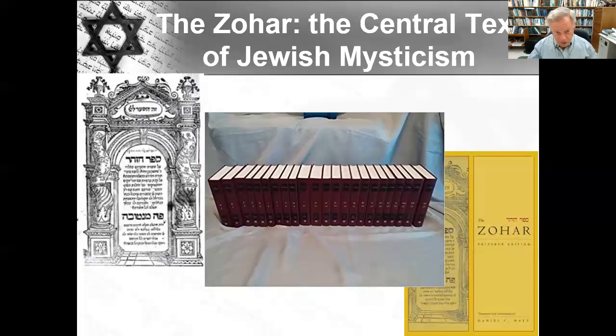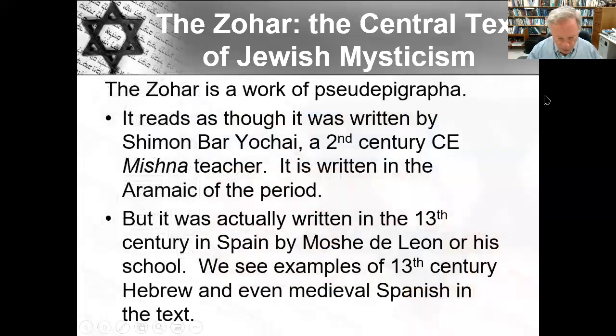And that's what he's been doing for the last 20 years, in addition to his teaching, is doing this translation. And it's, as you will see, not simple, but at least there are footnotes and there's some help getting through it. Let's see what I have to say about the Zohar.